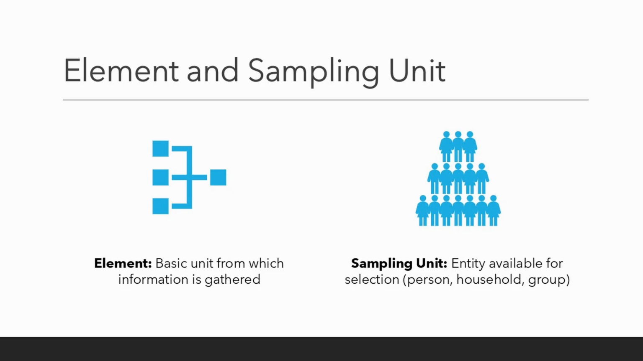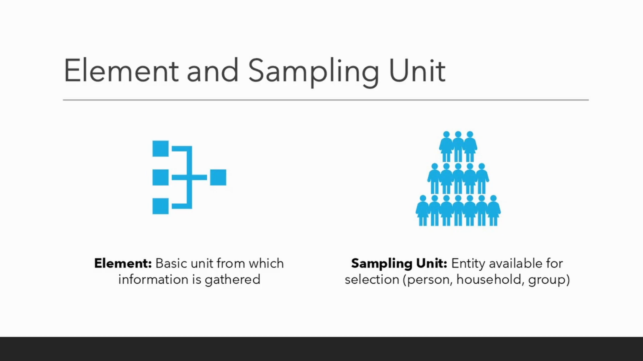An element is the individual or entity about whom data is collected. In most surveys, the element is the respondent. A sampling unit, however, is what we actually sample. In some cases, it could be a household or even a community organization, especially when studying family dynamics or community-based